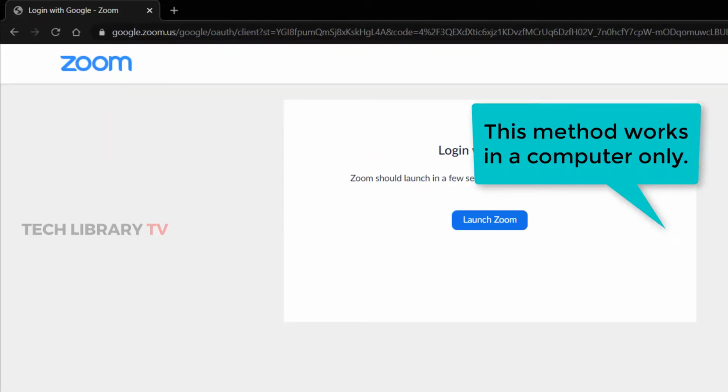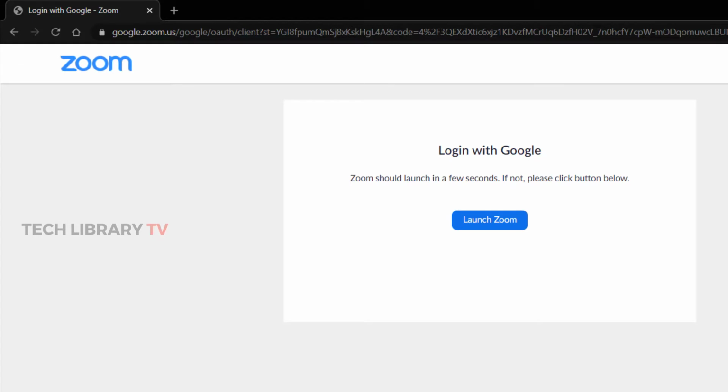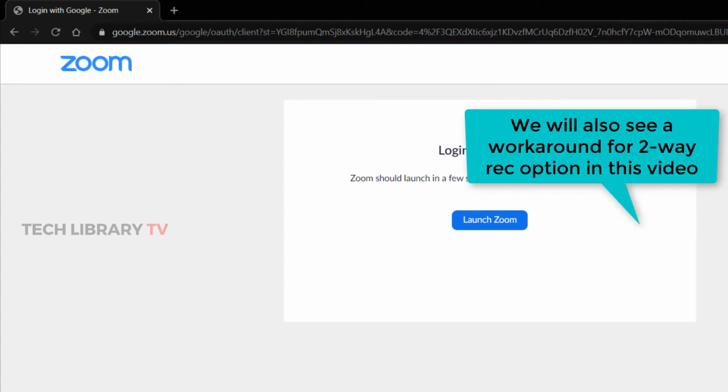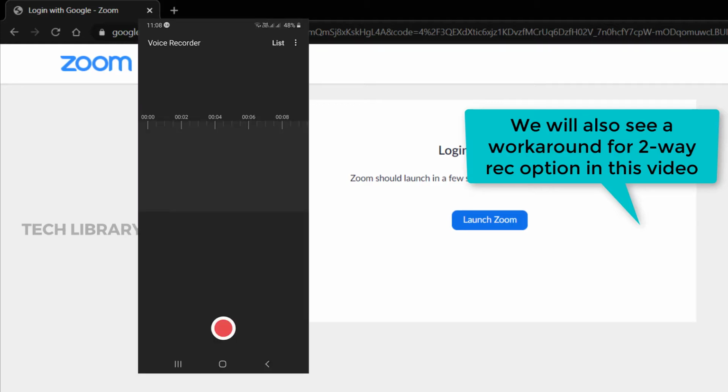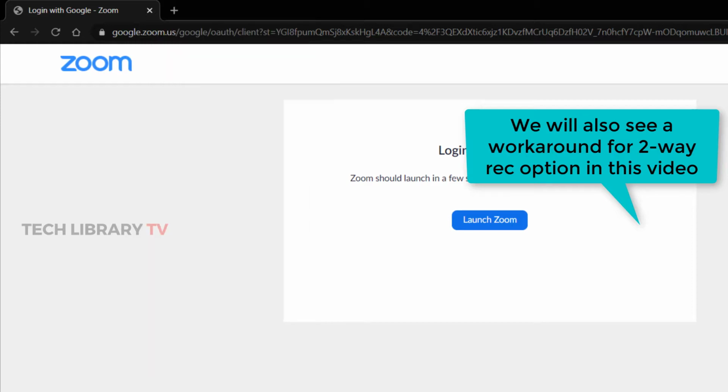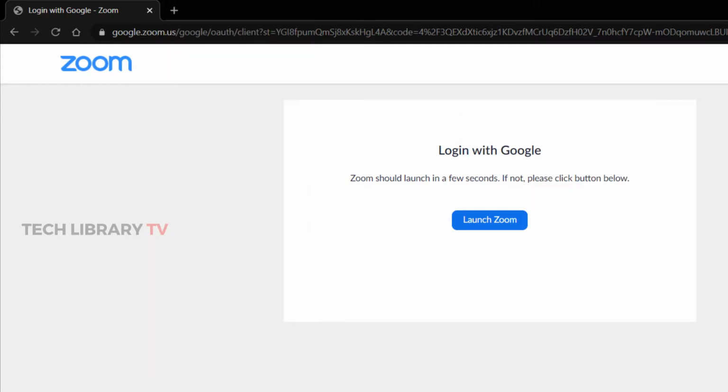This process records the conversation one way only. That is what the other party on the call is saying. It won't record your voice. If you want two-way recordings, then use another external source, like your phone's inbuilt voice recorder kept near your computer. We will revisit how this is done towards the end of this video, so that you can see how to synchronize both audio files, the one recorded online from the other party and the one coming through your phone.